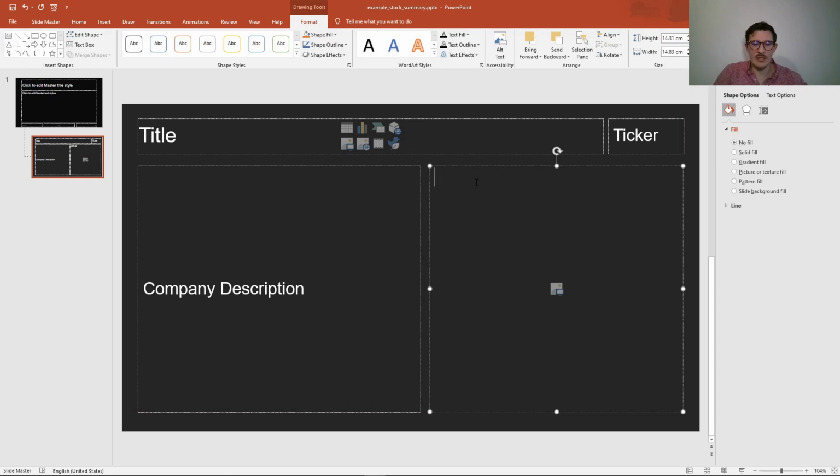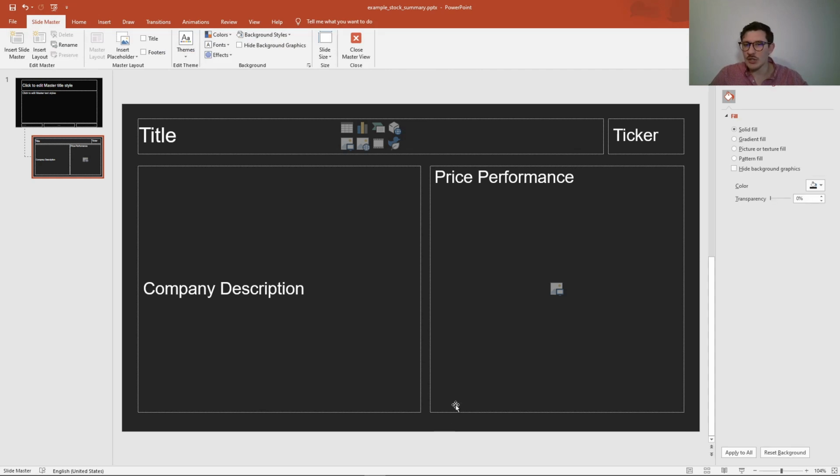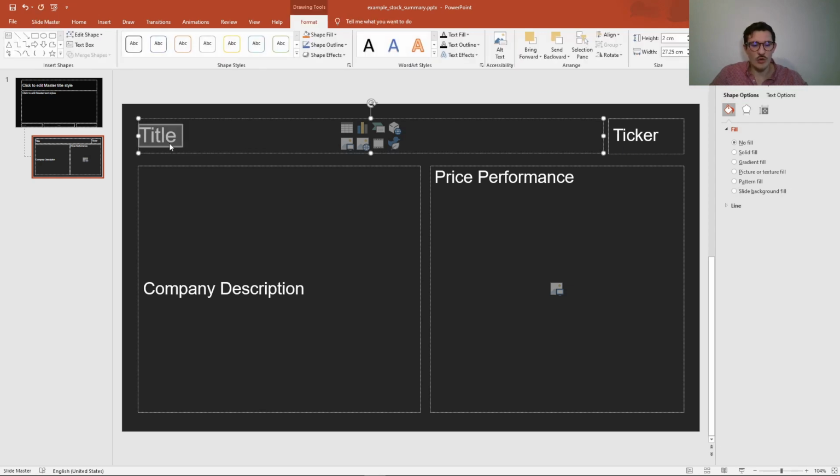Voila, and then we can give ourselves an idea what we're going to put here. Just price performance. I always misspell this, performance. There. So let's say this is our template. We want to put in the description here, put a chart here, put the ticker here, and put the company name